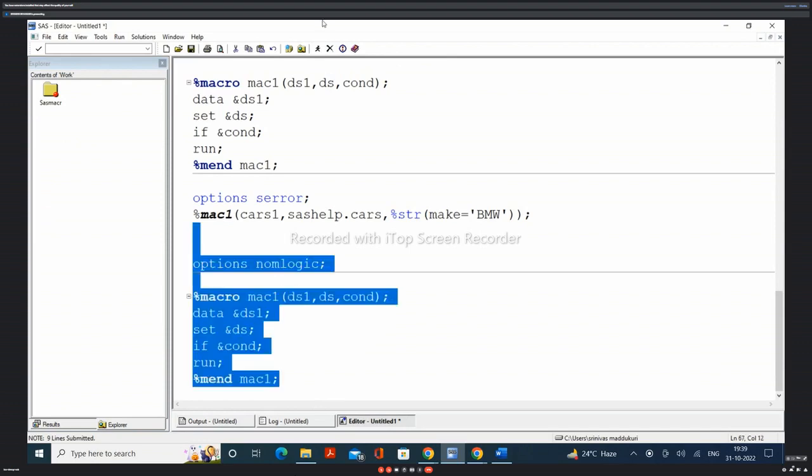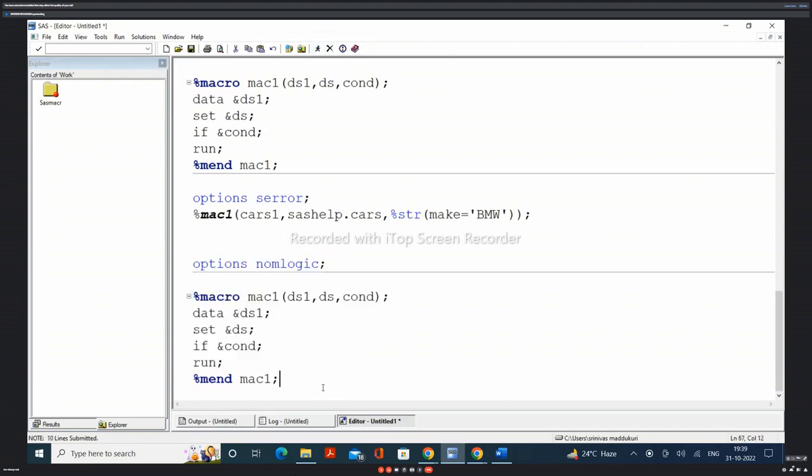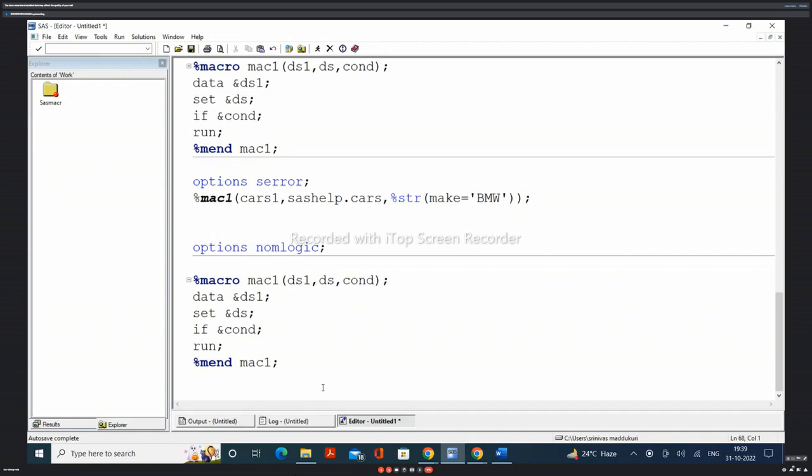First of all, I execute the macro. We have a macro now. I want to create a data set with only female students. I'm writing percentage Mac1. I want to have class1. Then I want to create this from sashelp.class. And I want to have only female students, sex equal to capital F. And you know that if you write sex equal to capital F, you should enclose that with %str. Now close everything within the quotations. What you should write? You should write the %str. Now if I execute the program,